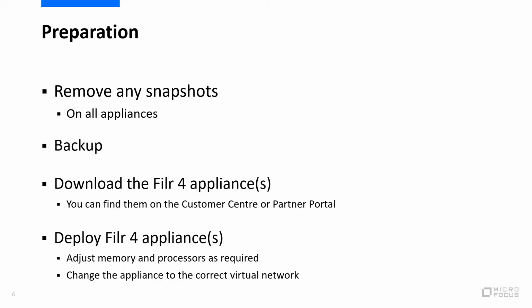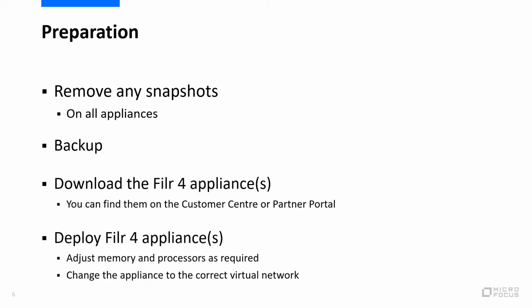The database appliance, there's something slightly different there, because in version 4 we've changed the default database from MySQL to Postgres. We'll still support MySQL and indeed MS SQL and Maria, but the one that we ship with is going to be Postgres, and the appliance is going to be Postgres. So there's some extra bits and pieces we need to do with that, but we'll cover that towards the end of the session here. But download your Filr 4 web and search appliances here and deploy them just as you